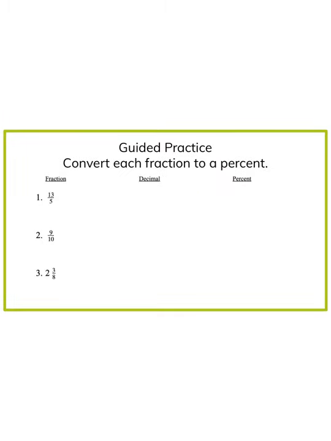Now we will complete some guided practice problems together. Our first fraction is 13/5. So our first step to converting this to a percent is to convert our fraction to a decimal. To do this, we are going to put our numerator, or our top dog, in the house and divide. So I'm going to set up my division problem